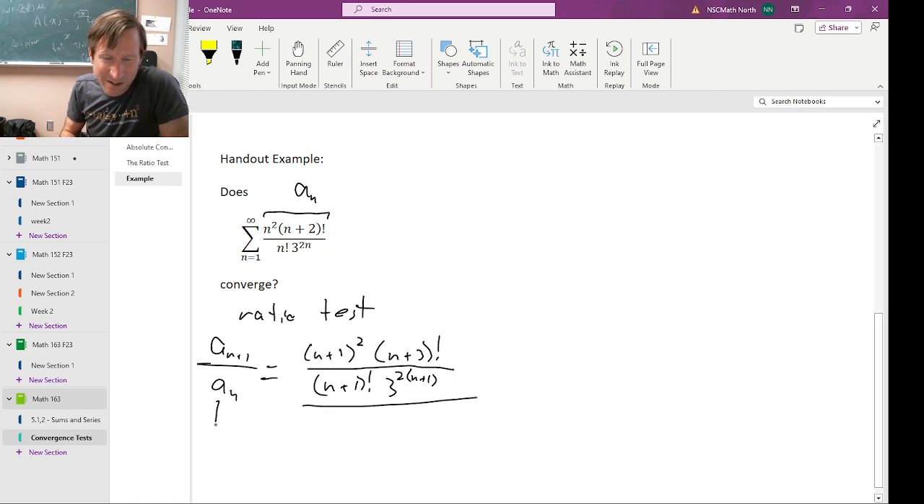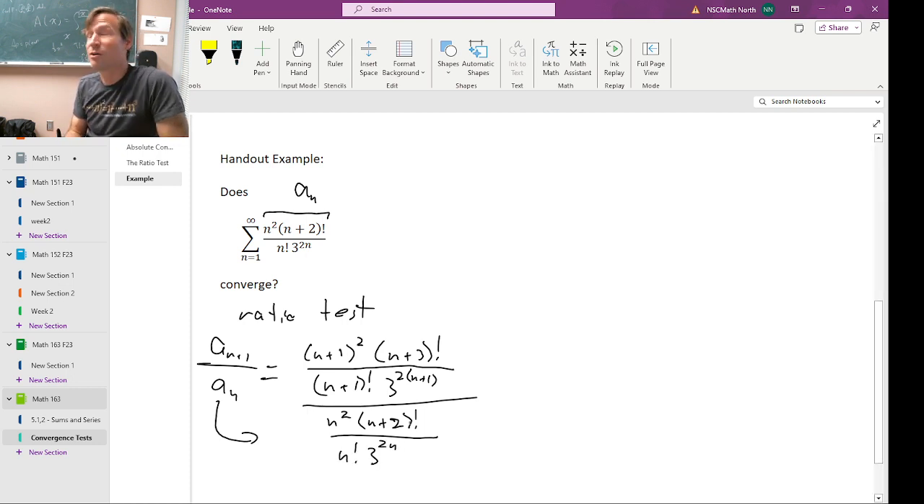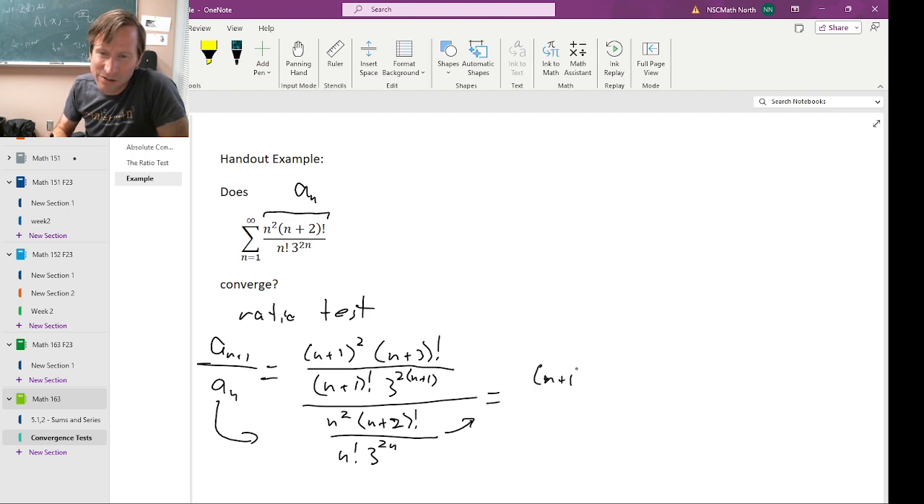And now, a sub n, which is n squared times (n plus 2) factorial all over n factorial times 3 to the 2n. Okay, now I need to simplify this mess. Again, we're going to take this fraction in our denominator and multiply by the reciprocals, so we get (n plus 1) squared times (n plus 3) factorial all over (n plus 1) factorial times 3 to the,